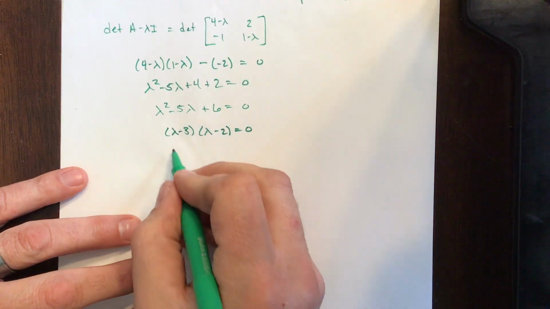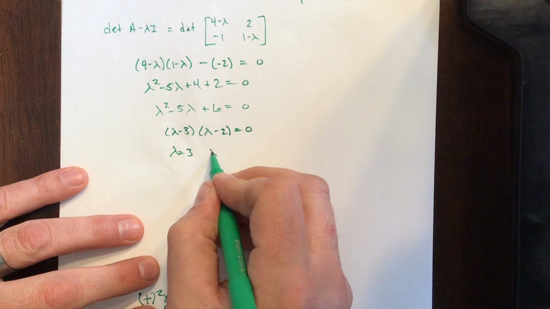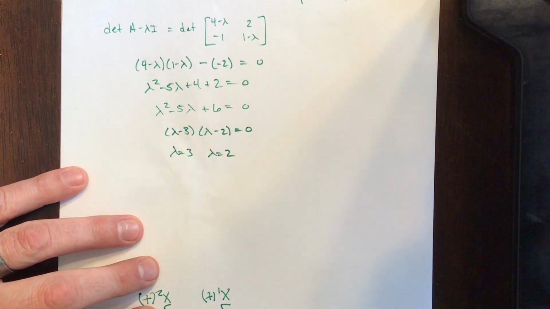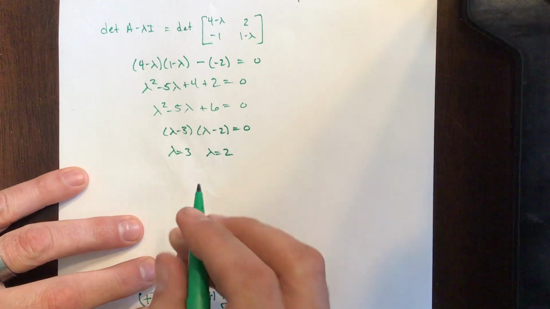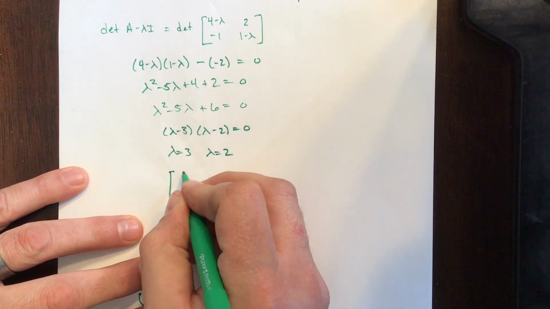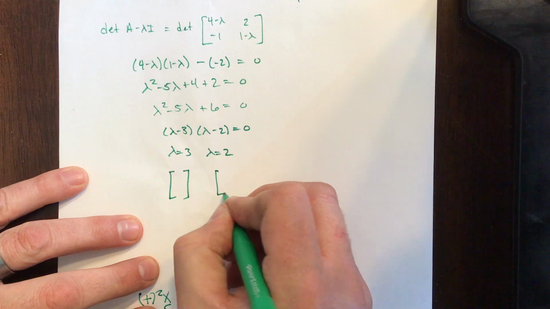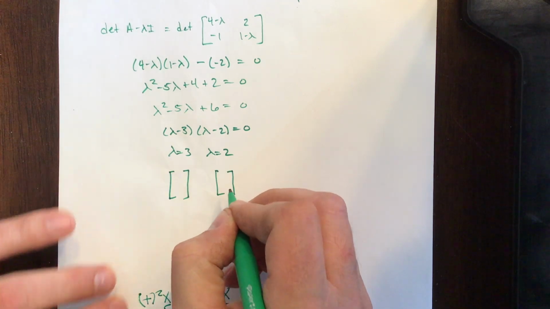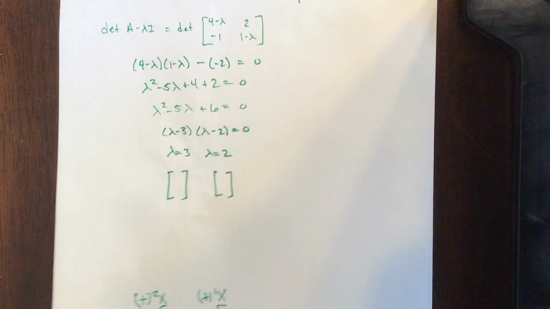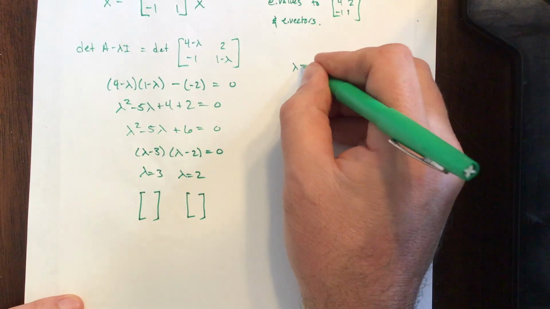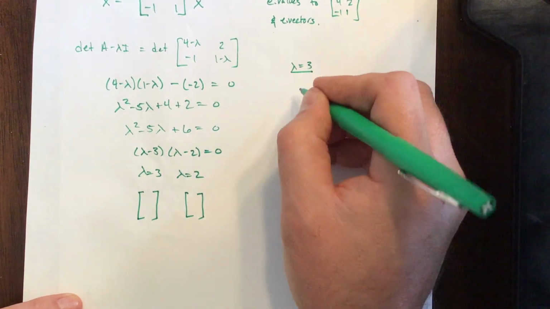So lambda equals 3 and lambda equals 2 are the eigenvalues. Now each one of them will have a corresponding eigenvector. So for lambda equals 3,